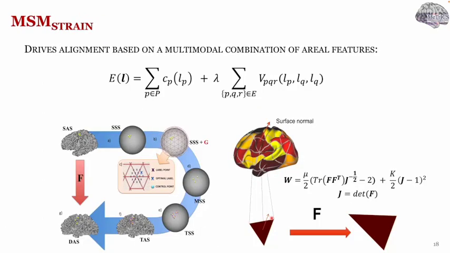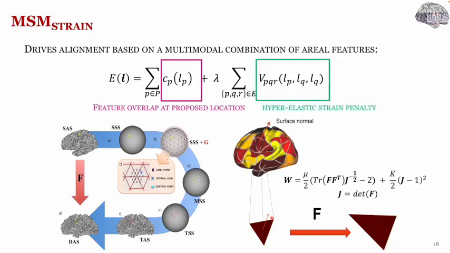And then MSM is set up with a flexible discrete optimization framework, which is essentially minimizing a data term whose job is to encourage displacements that are increasing the overlap of those structures in the source and target mesh, but balancing this against a biomechanically constrained hyperelastic strain penalty, whose job is to encourage a smooth and biologically plausible diffeomorphism of the sphere. But importantly, this regularization can actually be imposed either on the local affine transformations of this learnt spherical warp or the implied transformations of the anatomical grid, where I'll come back to the importance of this in